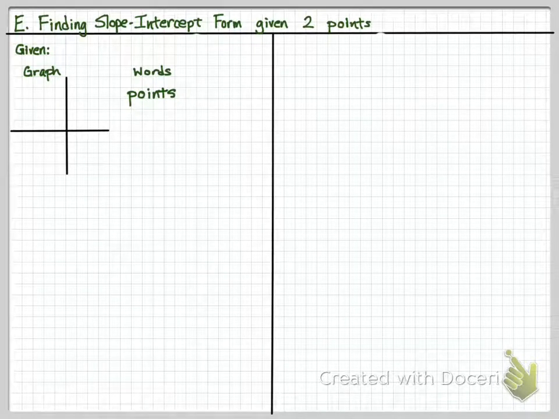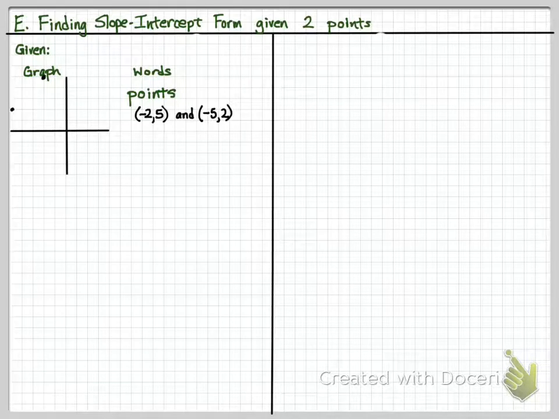Alright, welcome to our next video in our linear function series. This one is finding the slope-intercept form when you're given 2 points. So we're always trying to find that slope-intercept form, but in these questions we've got different pieces of data given to us. In this case, you're going to get 2 points. So you can either get them in graph form or word form. So either it looks like that on the left with 2 points, or you've got 2 coordinates there on the